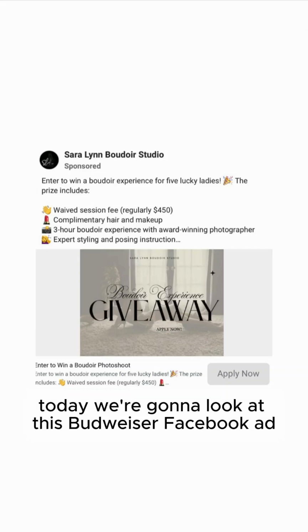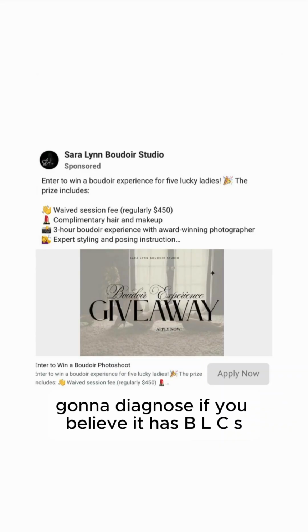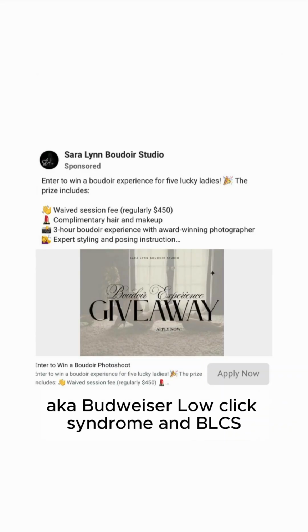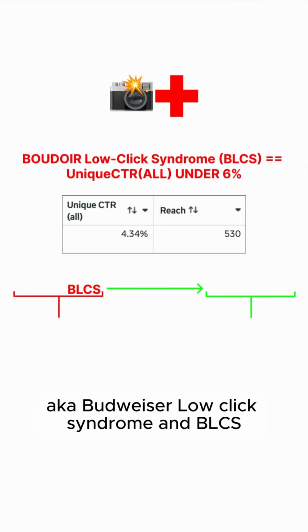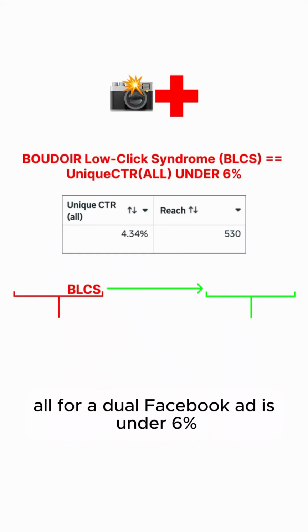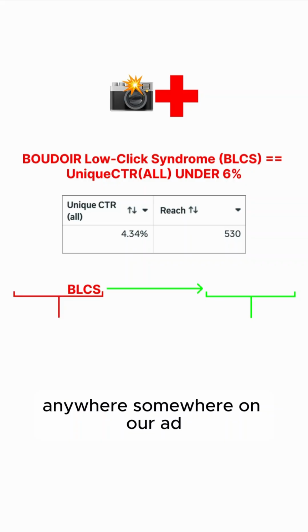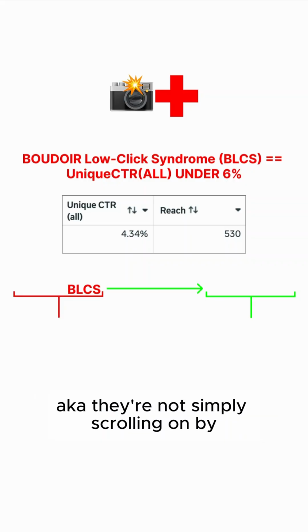All right, y'all. Today we're going to look at this Boudoir Facebook ad. Going to diagnose it, see if we believe it has BLCS, aka Boudoir low click syndrome. So Boudoir low click syndrome is when the unique CTR all for a Boudoir Facebook ad is under 6%. That means fewer than 6 out of 100 women are clicking anywhere, somewhere on our ad, aka they're not simply